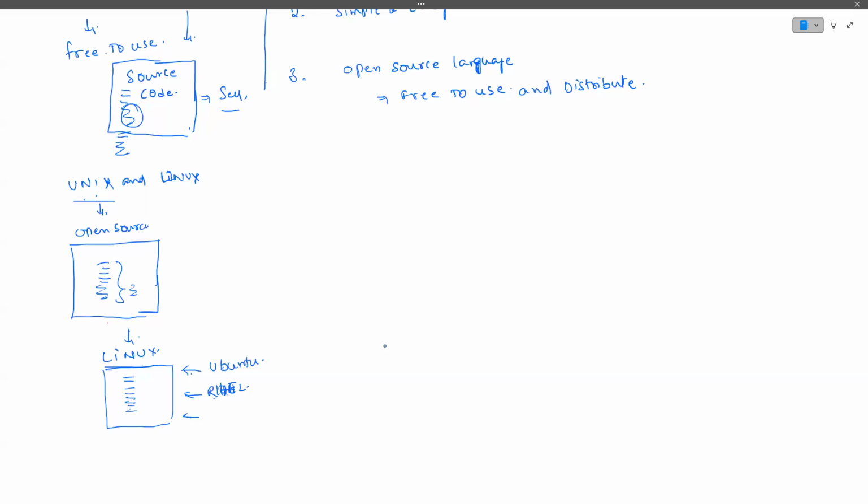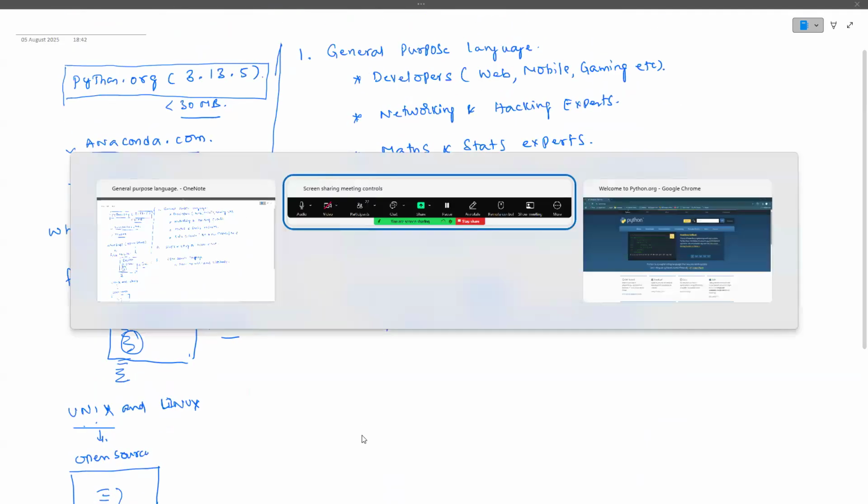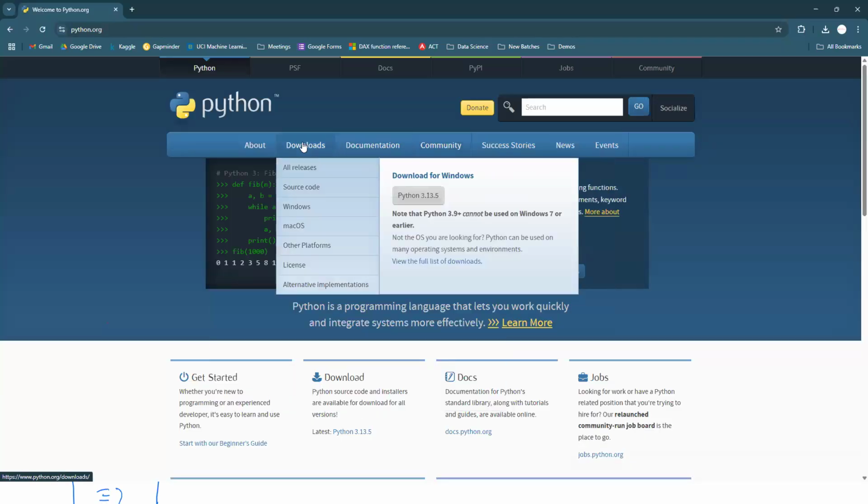Like that, Python is also one such open source language, guys. You can take the source code. As I said, you will have the source codes here, guys. So go to the downloads. Can you see the downloads? There we can see a Windows download, a Mac download, other platform downloads. We also have the source code.